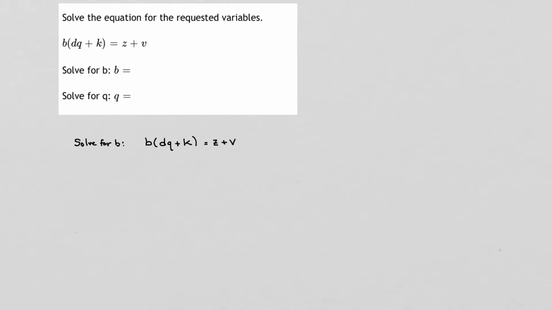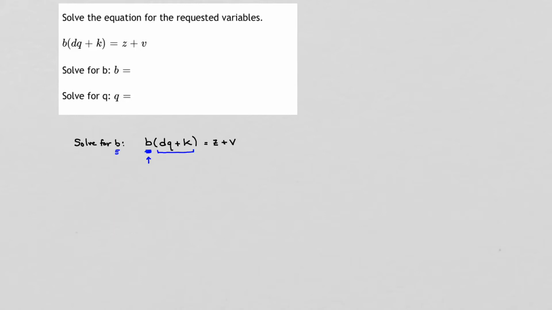We're taking a formula and we're solving for the letter B. So where in this formula do you see B? We see it right here. B is being multiplied by a quantity, and that equals z plus v. So what if we want to get B by itself? Well, because it's being multiplied by a quantity, to get B by itself, we could do the opposite operation of multiplication and divide. That is, all we need to do is divide by the quantity